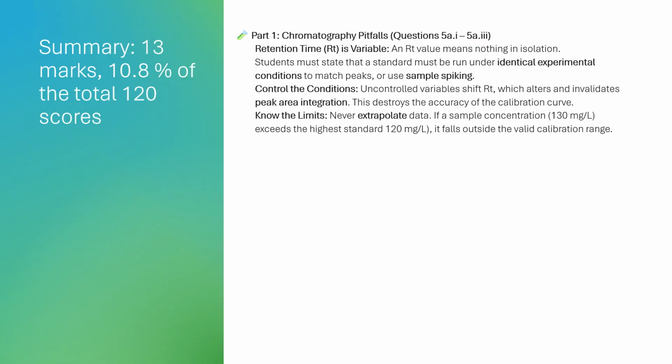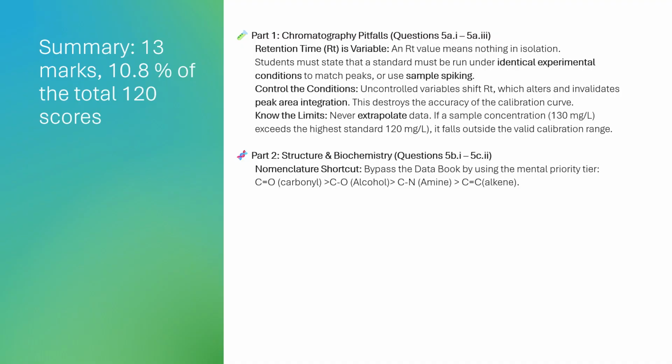Know the limits. Never extrapolate data. If a sample concentration, 130 mg per liter, exceeds the highest standard, 120 mg per liter, it falls outside the valid calibration range. Part 2. Structure and Biochemistry, Questions